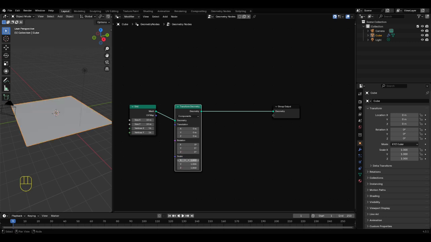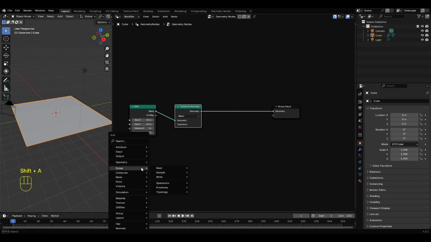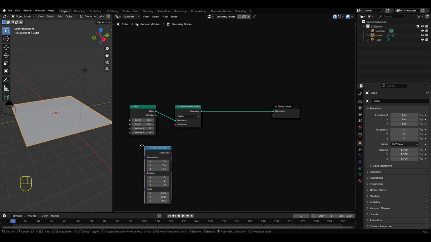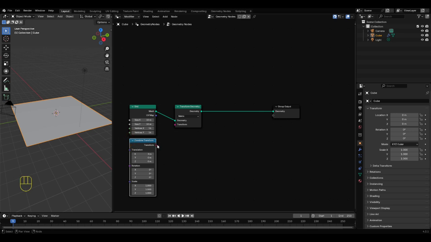Now we'll take a brief look at the matrix option. This allows you to bring in a matrix for your transformation. For now, we'll add a combined transform. Essentially, these are the same settings as we have in the transform geometry node. But using it this way would allow us to control several transforms together. We'll simply use this in this example the same way we would use the same fields on the transform geometry node. We won't go into depth here, but I found a good video that explains the matrix functionality